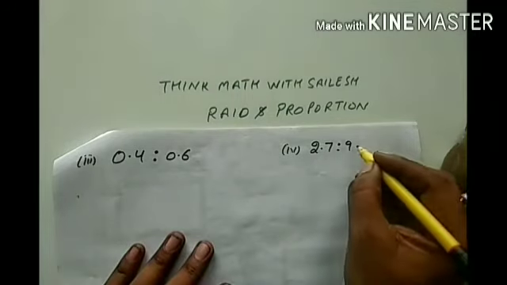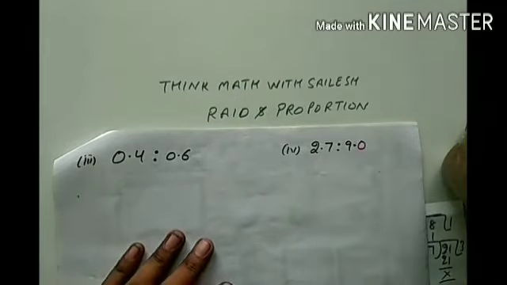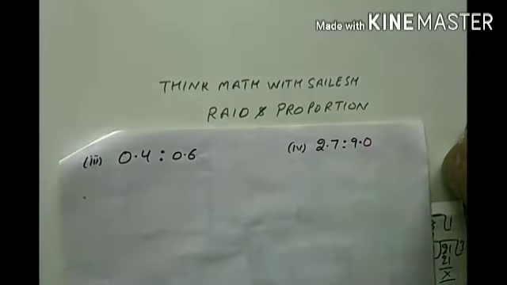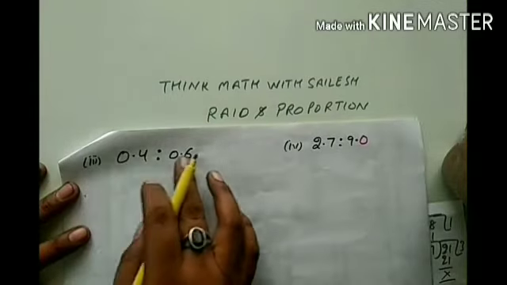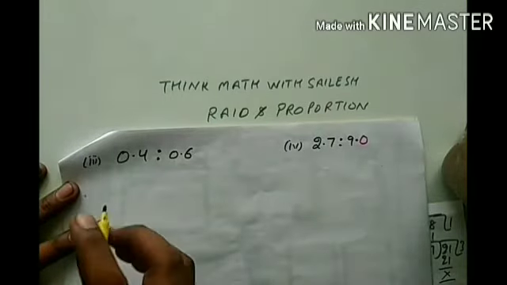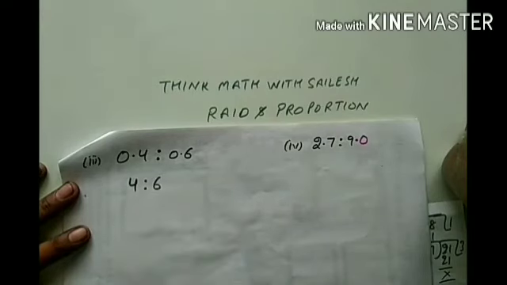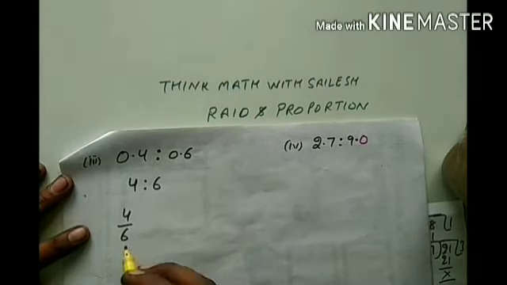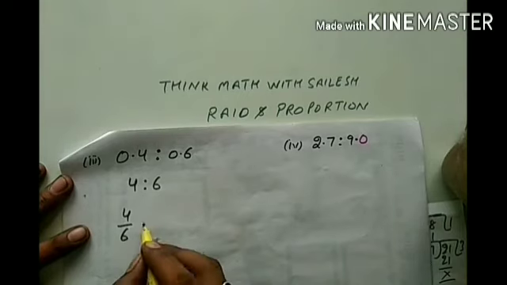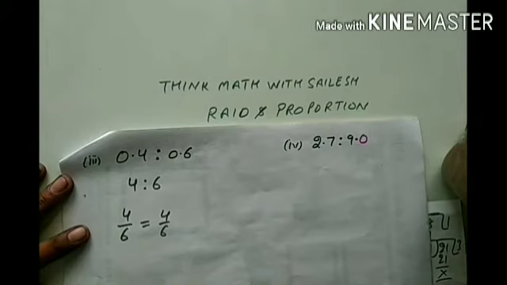So we will make this like decimal by adding 0. Now these are like decimals. So for convenience, if they are like decimals, then we can skip the decimal and write the integers without the decimal. Now 4:6. Now again I will convert this into a fraction. Now it is very easy to see that both are divisible by 2. Firstly I will write them again, and now I will start dividing them. This is divisible by 2.